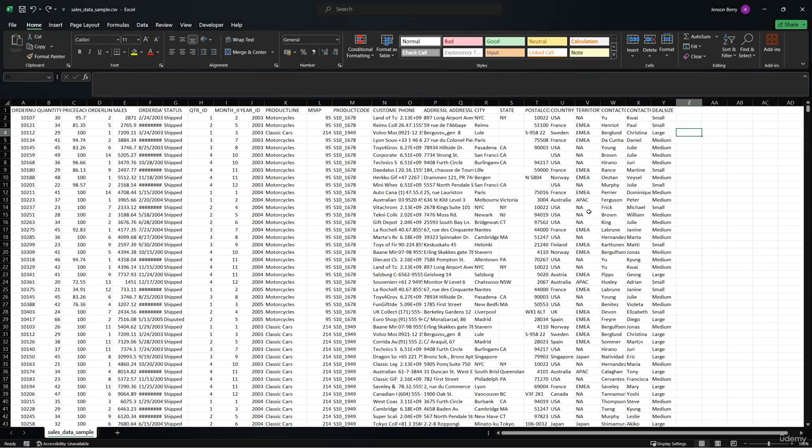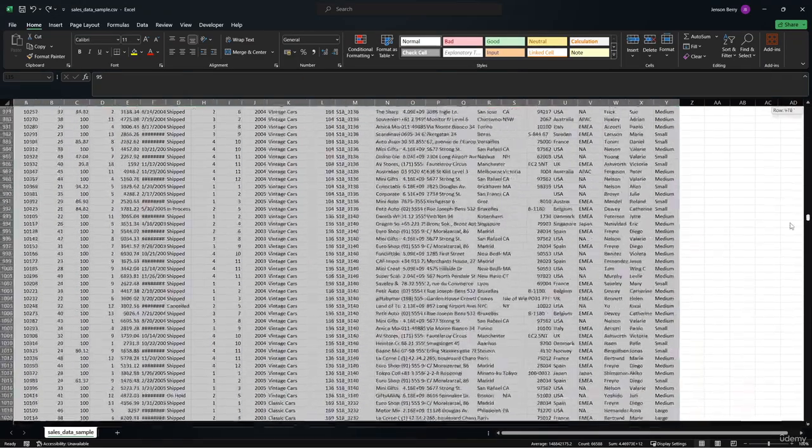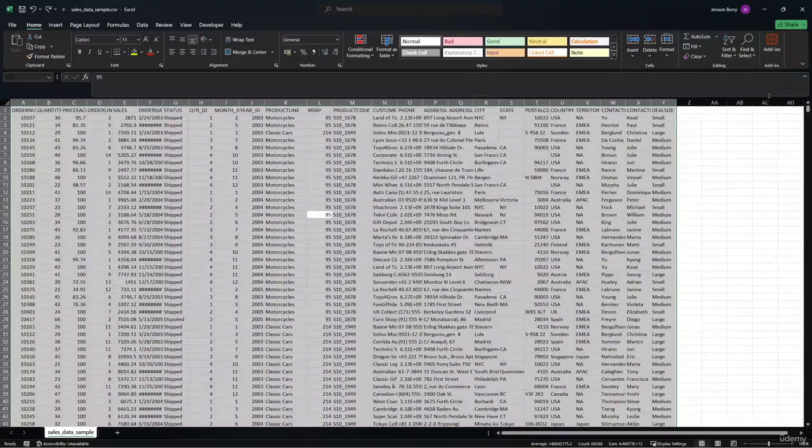Transpose can be used to switch the rows and columns of a selected range. So to illustrate this, we'll have a look at an example. Let's copy and paste our entire spreadsheet into a new sheet. So to select our entire dataset, we can click anywhere inside of our data and then hit Ctrl+A. Now we'll select all the rows and all the columns inside of our dataset. And take note here of our columns and rows. We have our column headings up here at the top going across to the right and our data going down